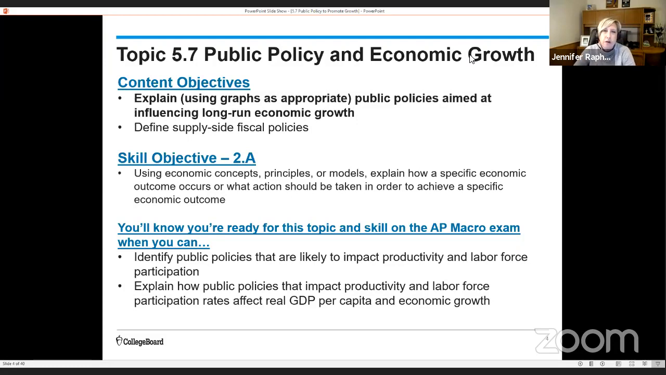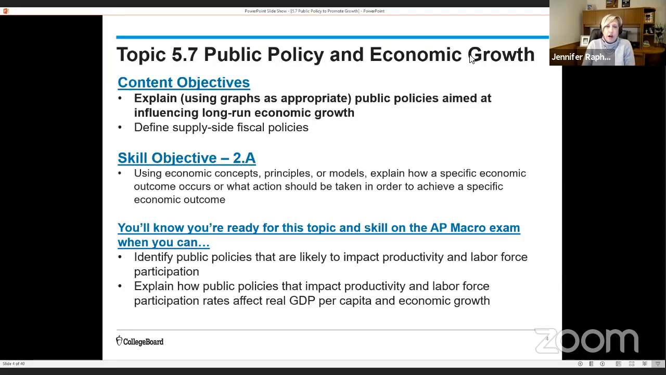We're also going to be focusing on skill 2A, which asks us to use economic concepts, principles, or models to explain how a specific economic outcome occurs or what action should be taken in order to achieve a specific economic outcome. So I'm guessing you're getting good enough at this to figure out that the way these things go together is like this. If the government